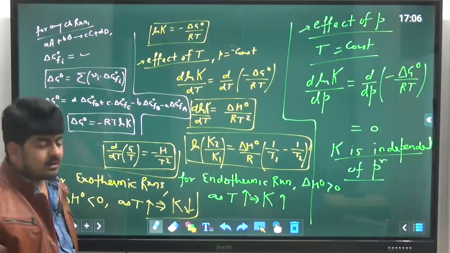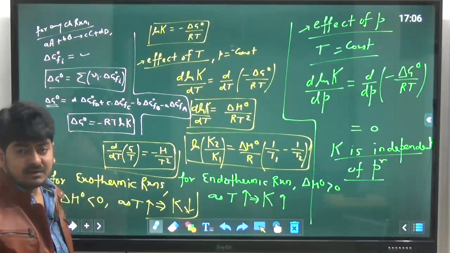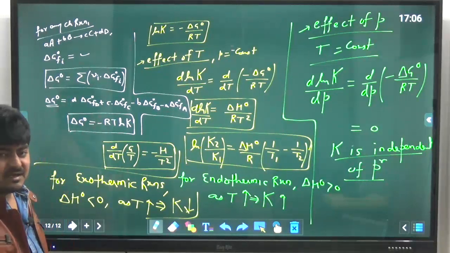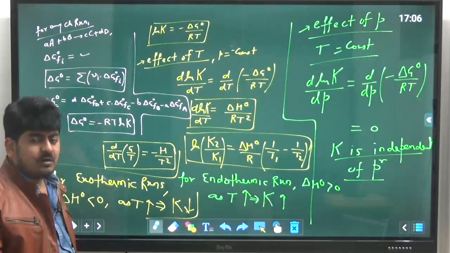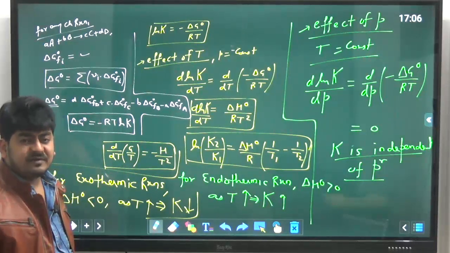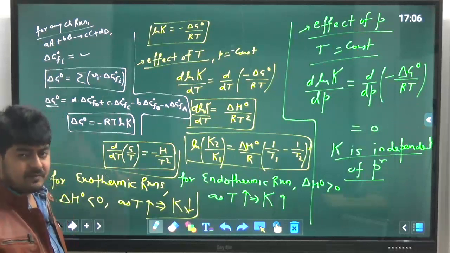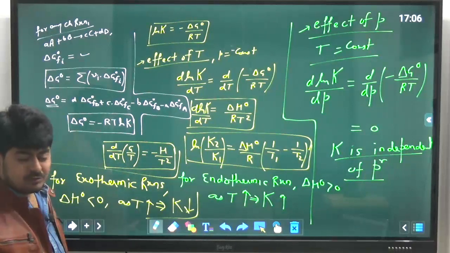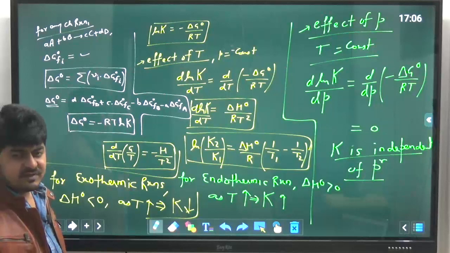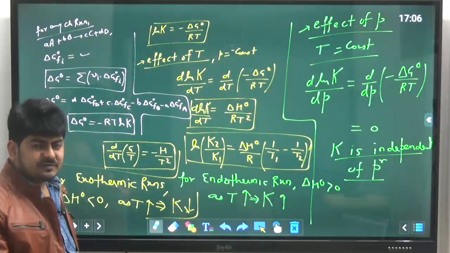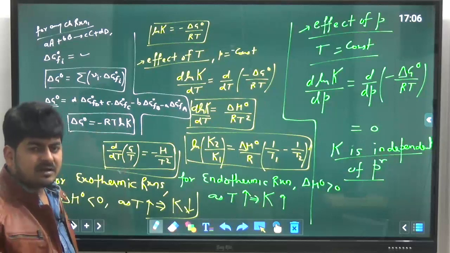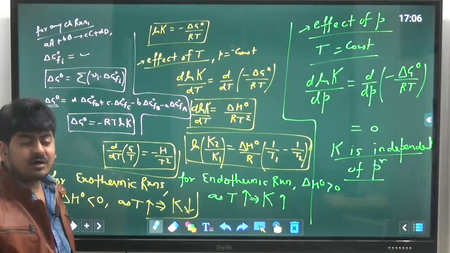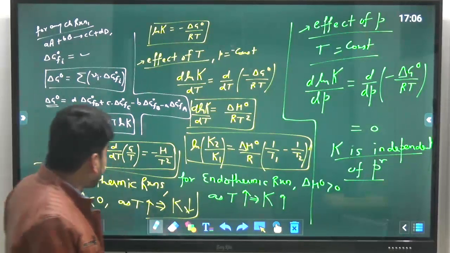And if delta H naught is 0, see, in this universe till now we haven't found any such reaction where delta H naught is 0. Okay, every reaction has some delta H for sure. Why? Because that thing we can also verify from the Arrhenius law. Like if you know what is endothermic and what is exothermic reaction, people say in common school language that endothermic reactions are those where heat is required and exothermic reactions are those where heat is released. Okay, but you are a chemical engineer, so you should answer why heat is required and why heat is released. So you should know.